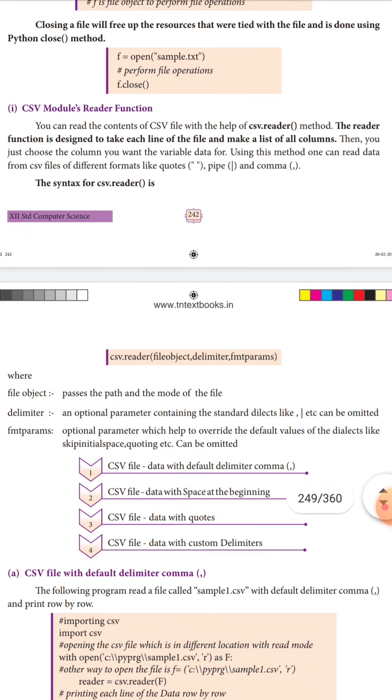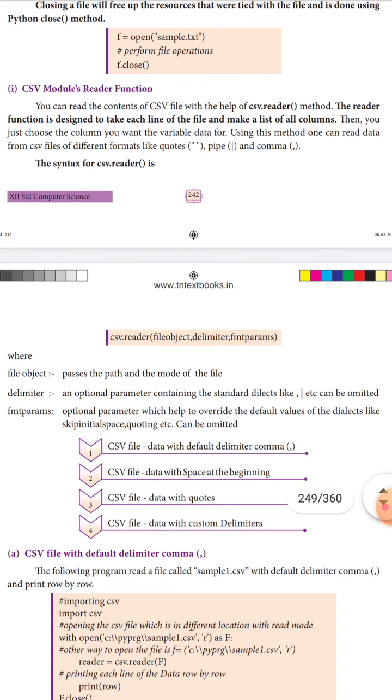The file object means pass the path and mode of the file, and delimiter is an optional parameter containing the standard delimiter. The optional format parameters help to override the default values of the dialects, like skip initial space, quotation, etc. Others can be omitted.